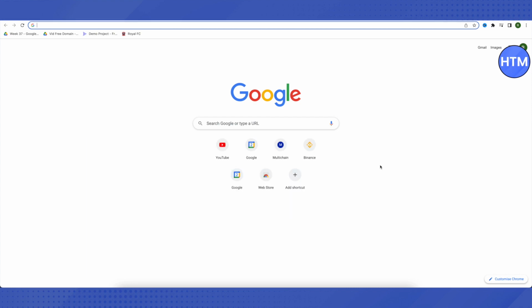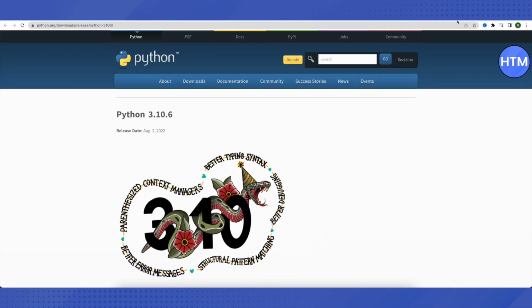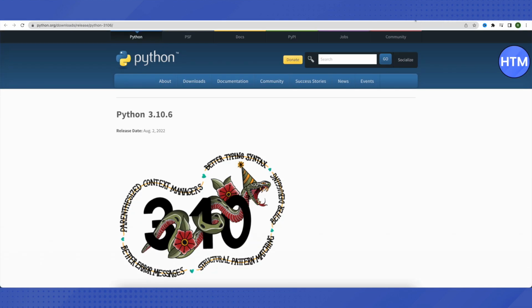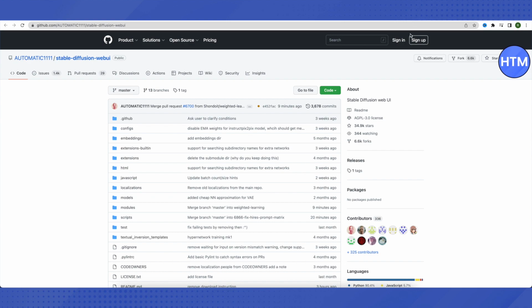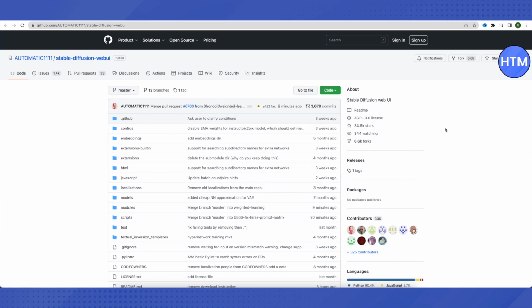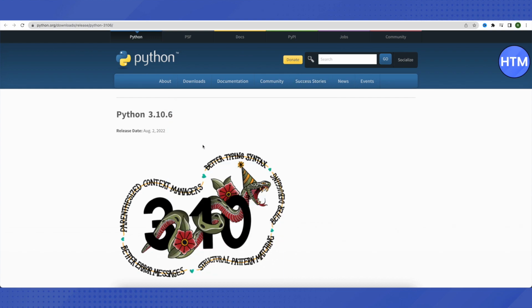So for that, I will be providing different links in the description box, and all you have to do is just use those links to download different things that I will be giving you out in this video. So the first thing that you need to download is just use this link of stable diffusion web UI. Just go to this link and click on this option of code. After that, you need to download this zip file,